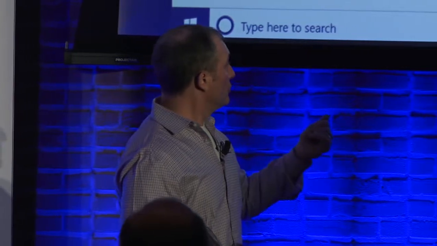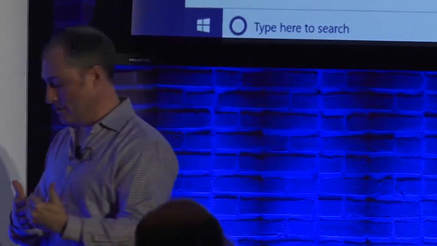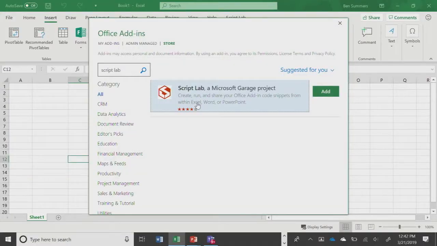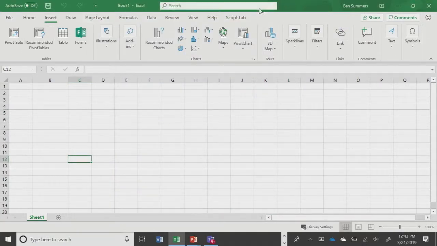If you're not a developer, it's a fun tool to play around with. If you are a developer, it's an extremely powerful little tool that allows you to test the JavaScript APIs that you're writing for Excel, and actually for Word and PowerPoint as well. It allows you to test those JavaScript APIs right next to your work surface. So as you're building tools, testing functionality, and formatting, you can make sure in real time that the code you're editing does exactly what you intend, and you can actually see what it is you're doing. This is also a great way for us to show you exactly how broad the surface of what we're doing is. So let's not actually install that because we have it here.